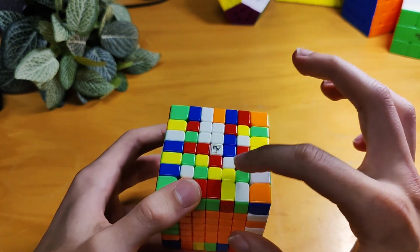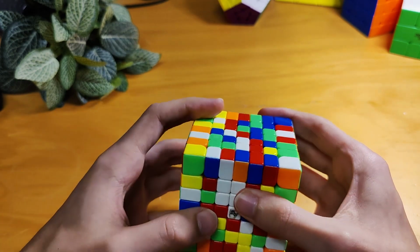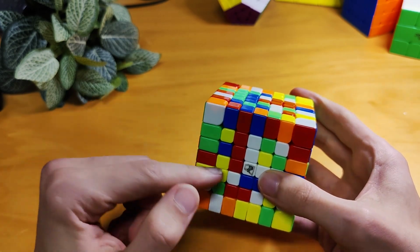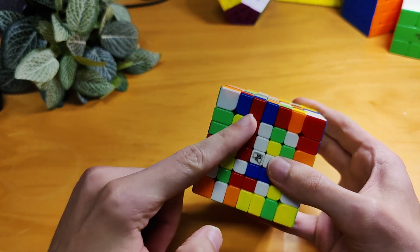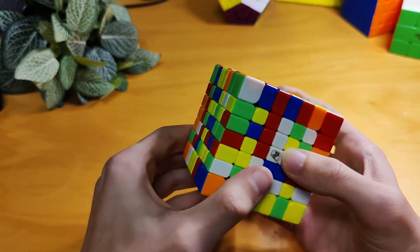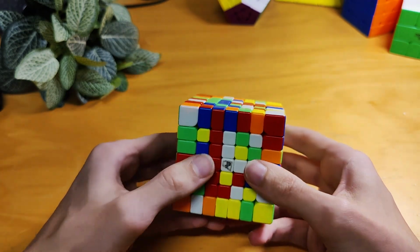Now I see this one here, there's also an edge here and an edge here. Now once we're rotating, we could look up, put that in, and then I would put this in. But before I do that, I can actually see that this is about to make a bar. So I'd quickly look for anything that would go in there, which this one would. So I could put that in, and then I could just focus on other pieces on the other side without